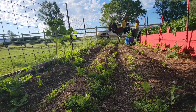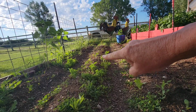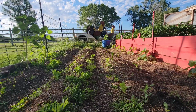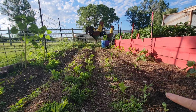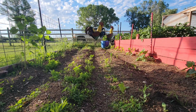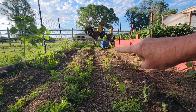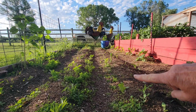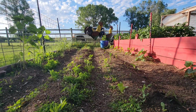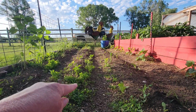Okay, so here's the Three Sisters garden, and you can see very little corn. This is where we started the Three Sisters garden. We have squash plants all along here, which are doing quite well. Today I'm going to put pole beans here. I have some sticks I'm going to put in there for support because obviously the corn's not coming up. That's okay. And then on this row, I'm just going to go ahead and plant it with